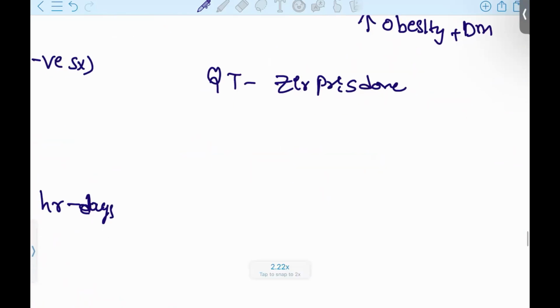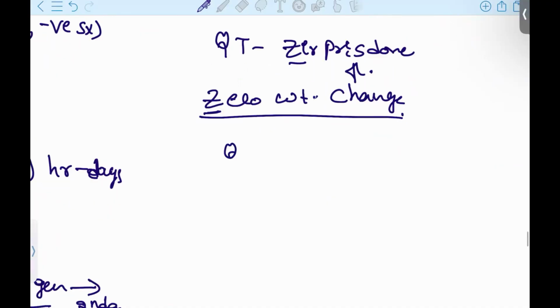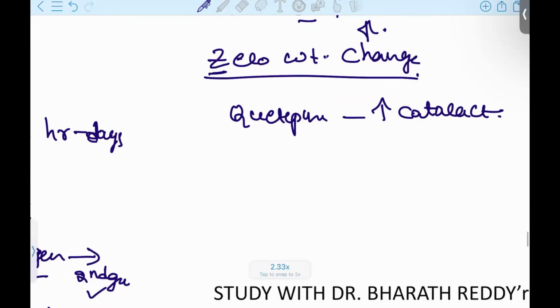And next, zero weight changes. Okay, so no metabolic symptoms, that is also seen with ziprasidone. Z for zero, Z for ziprasidone. Next, quetiapine. This quetiapine drug will be having the risk of cataract. Okay. Next, other features like these patients can also develop QT prolongation, diarrhea symptoms, and also multiple other